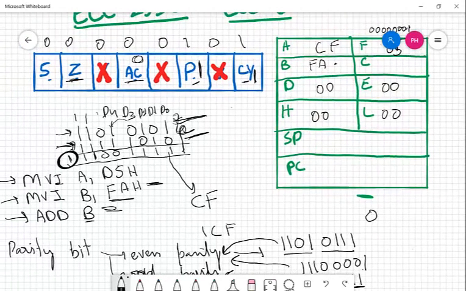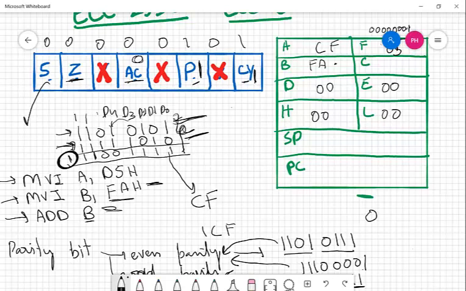Similarly, the last one is the sign flag, for when we are adding two signed numbers. If the result is negative, this bit is set. If the result is positive, this bit is cleared. You should remember that this setting or clearing of flags is done after every operation. So if I do one operation and my carry flag was set, and after that I do another add operation which doesn't generate any carry, it will be automatically cleared. So we have to check these flags after every arithmetic operation,